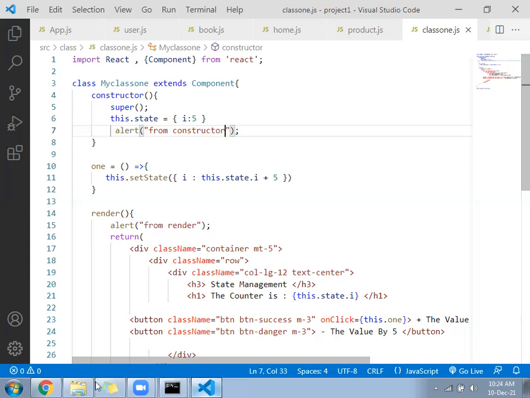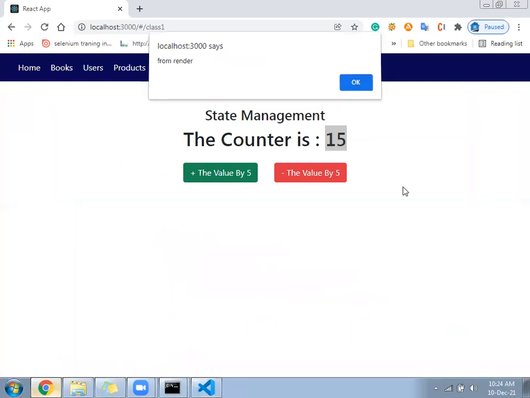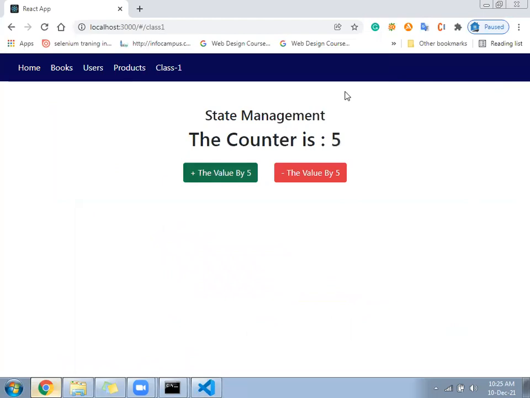Okay, so let us look here. First it says constructor and second from the render. The constructor will execute only one time, but render will execute whenever you change the value of state.